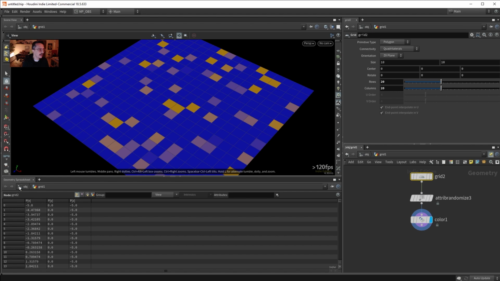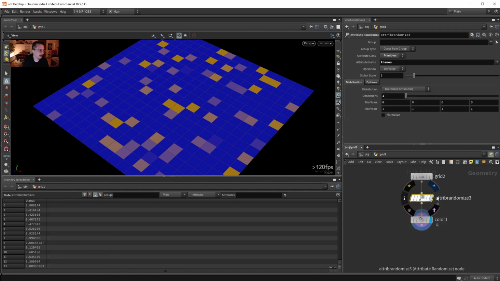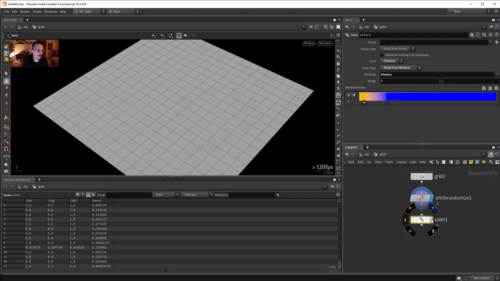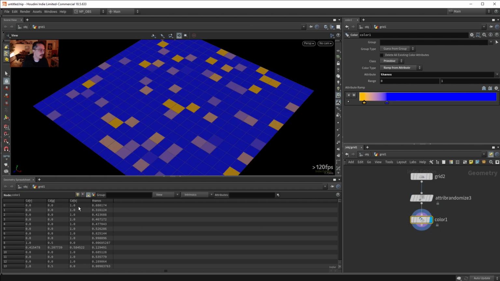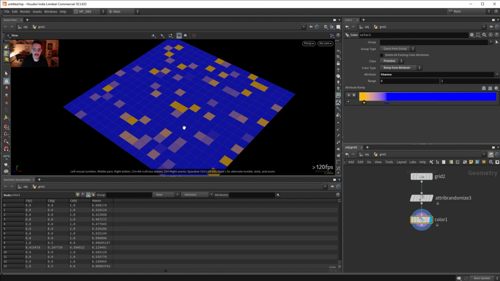And you also see here in the geometry spreadsheet that because my attribute is on primitive, it is not here on this list anymore where I see the points, but it's here on the primitives. You need to select your node, right, and have it enabled. So the attribute randomize, it's here in the primitives, but not in the points. And the color, it also created this Cd attribute right here for us. Cool. Now, the power of that is, as I said, the attributes are a unified system. So what I can do with this attribute